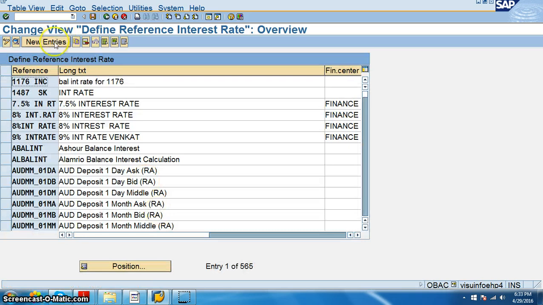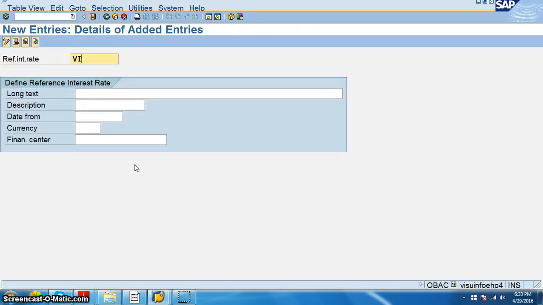Then we have to go for define reference interest rates OBAC. Define reference interest rates, new entries, and reference interest rate is also VPRO.